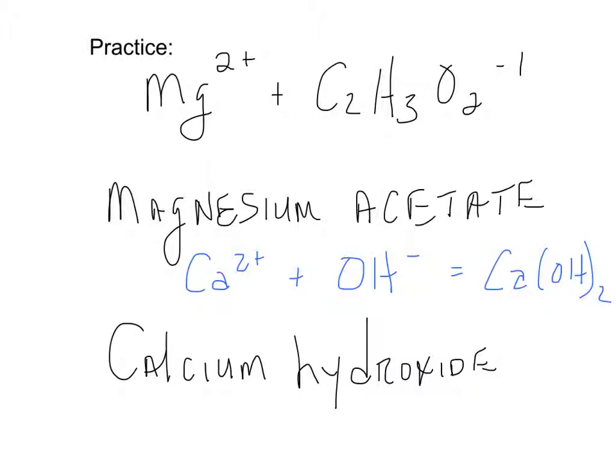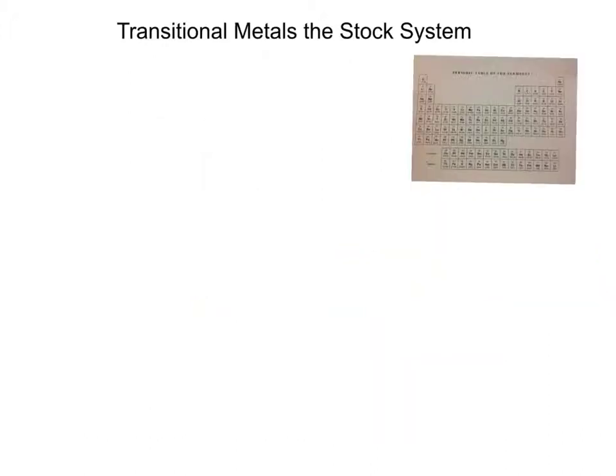So as long as we're going to use main group elements, the ones in the tall columns, if it's just another element by itself, we have to add -ide. But if it's with a polyatomic ion, we just name the polyion. However, if we're going to use transitional metals,